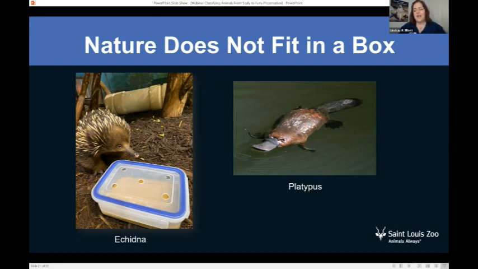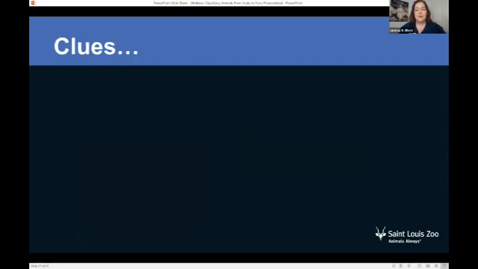So you guys, I have a really cool game for us to play really quickly. I'm going to give you 4 clues. So 4 images are going to pop up on the screen one at a time. And we're going to think and observe and try to guess which group this animal belongs in. Remember, there are 5: fish, amphibians, reptiles, birds, and mammals. All right, I'm going to give you your first clue.